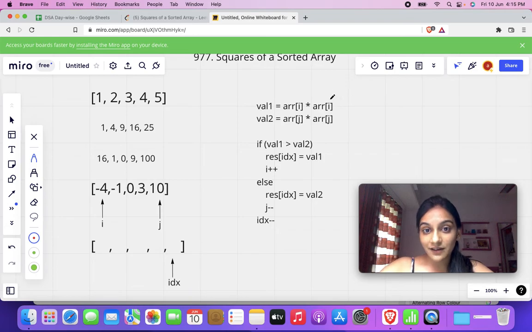So let's start our dry run. First we'll calculate val1, which is array of i into array of i. So minus 4 into minus 4 is 16. Next we'll calculate val2, which is the most positive element squared, which comes to be 100. After that we'll compare: is 16 greater than 100? No, it's not. We'll come into the else part. In the else part, we store the greater element into the result index position, so here comes 100. And we also do j minus minus, meaning